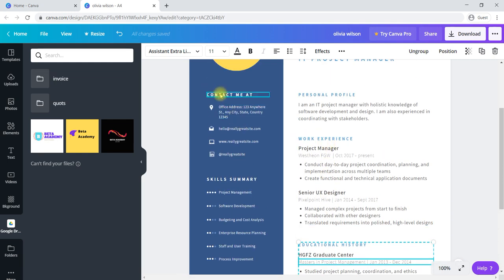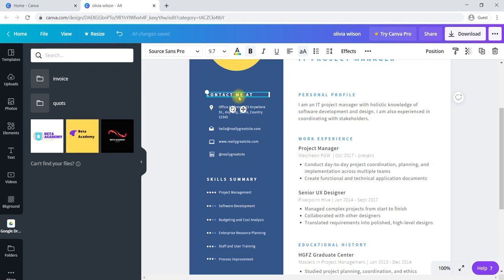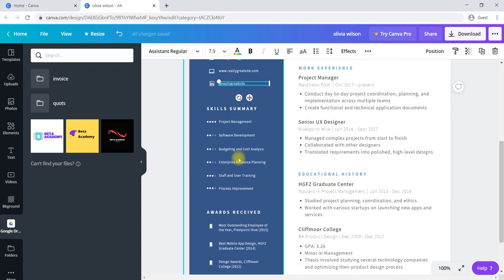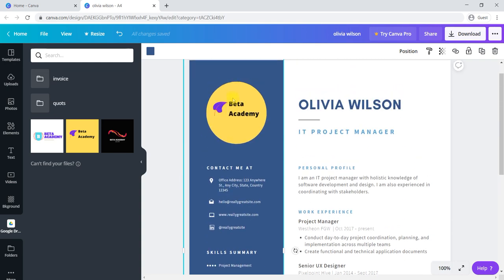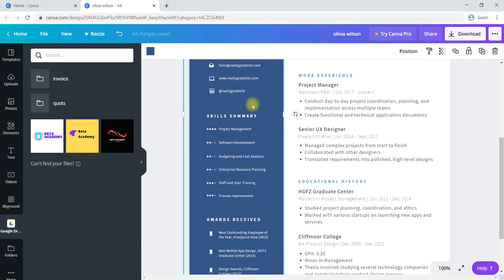And here you can give your address, contact address, email. If you have any website, we already showed you how to create a website by using Google Sites. That particular website also you can give it here. And you can take a LinkedIn profile. Then we'll show you how to create a LinkedIn profile. From the LinkedIn profile also you can connect to your recruiter.